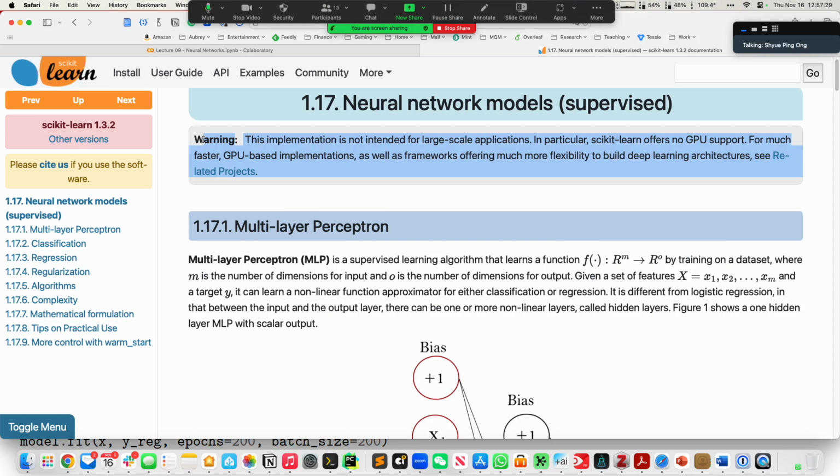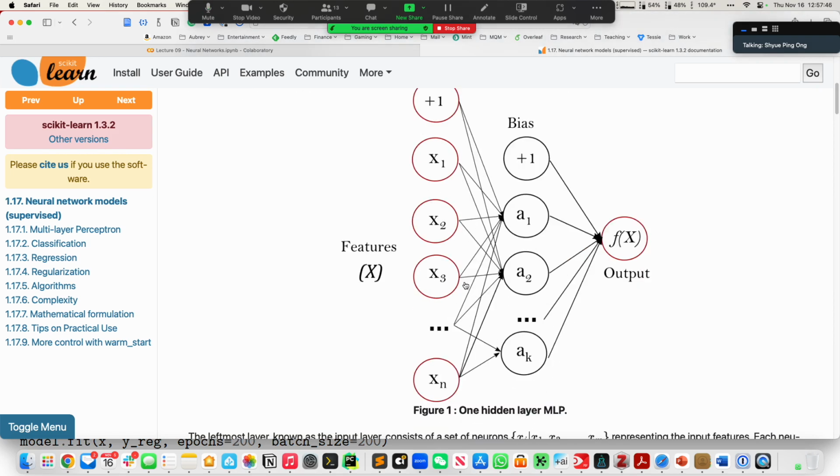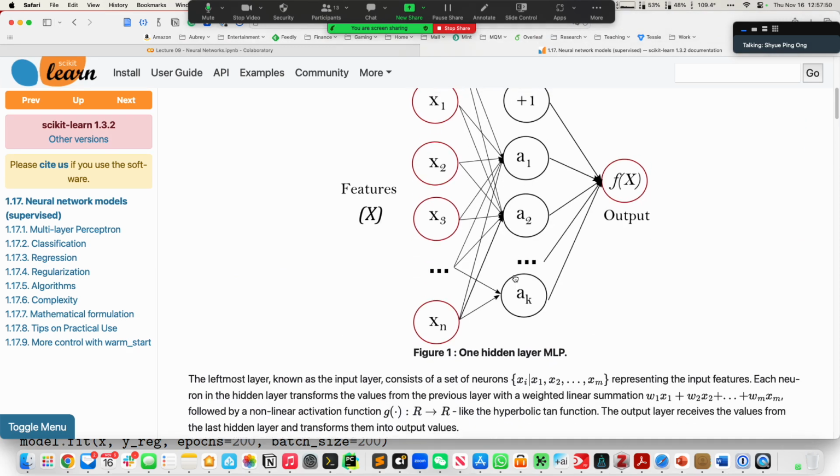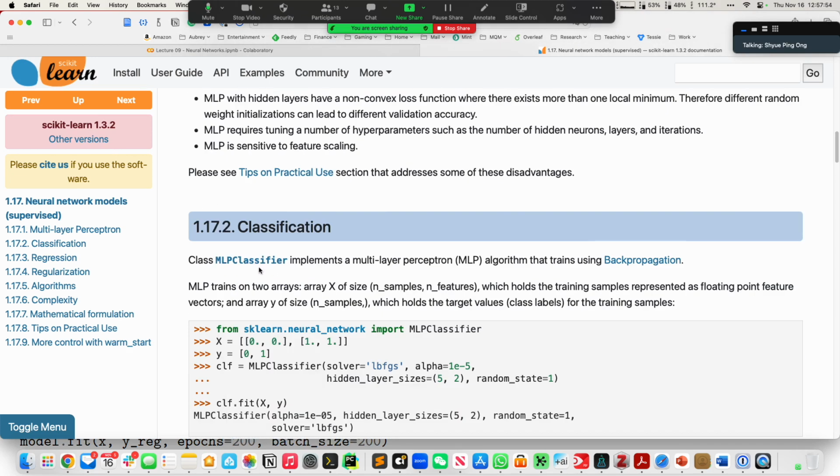But whenever we talk about most other machine learning problems that you are going to encounter in the literature or when you're doing your own research, once you have any sizable data set, you typically would want to have GPU-based implementations, okay? So you can see here, this is basically how the neural network works. They talk about the MLP classifier, the scikit-learn neural network